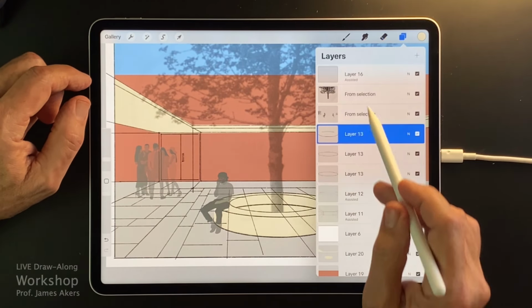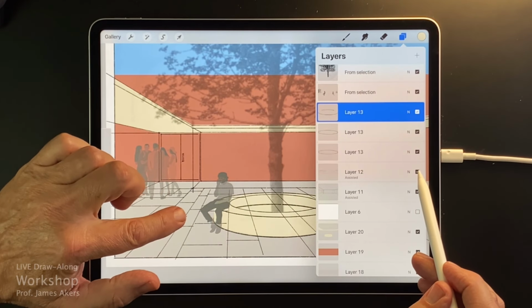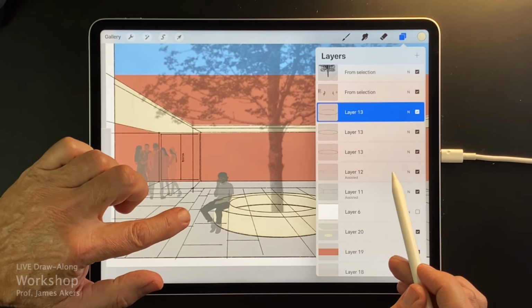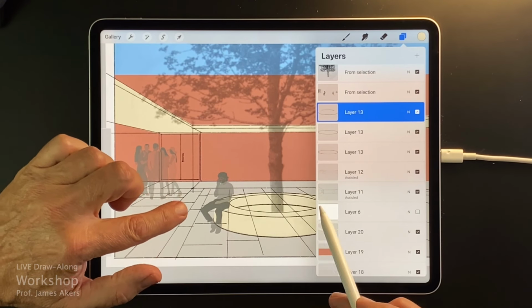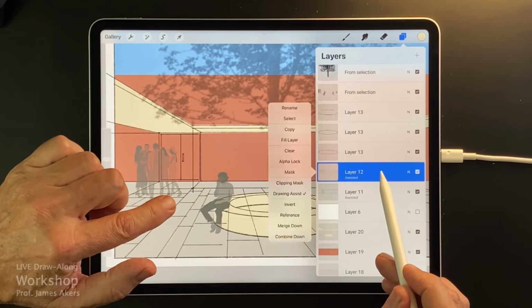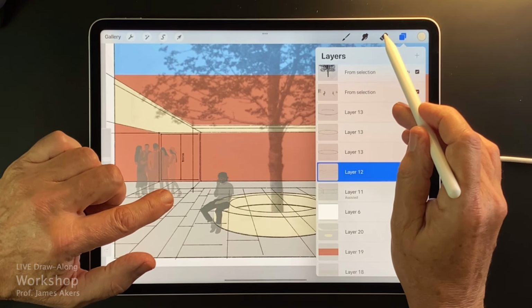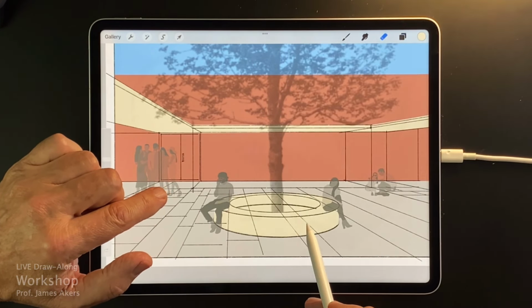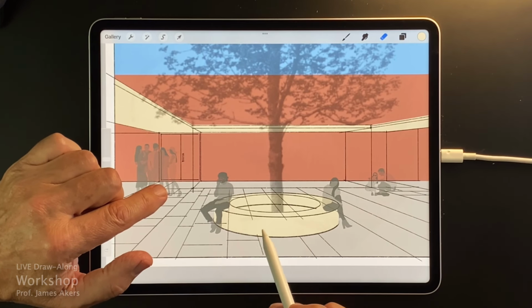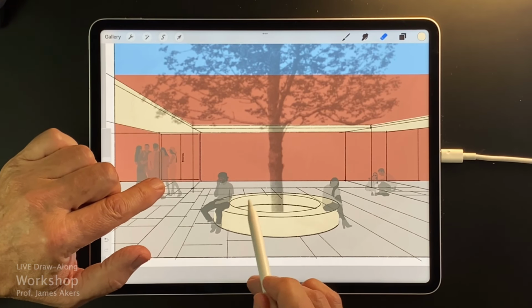Okay, and then these patterns in the floor, this texture in the floor, which is here, that needs to be crossed out. So I'll go in here and now I'm going to deselect assist so that I can use the freehand method and scrub out these lines. And there goes that.